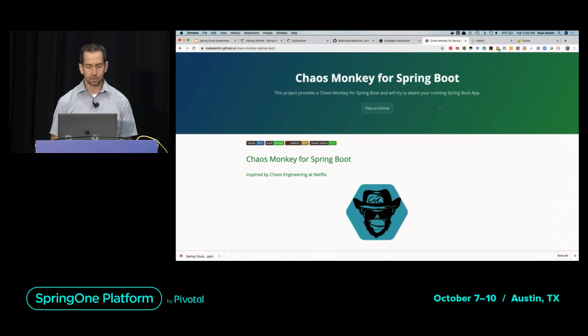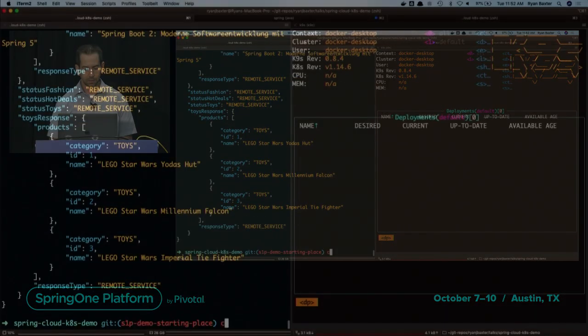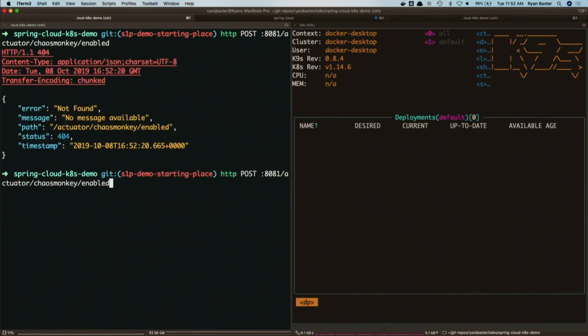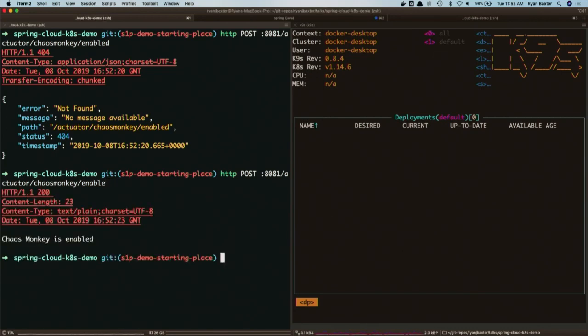So I'm going to enable Chaos Monkey here on the toys service. If I make a post request to this Actuator endpoint, you can see that we've enabled Chaos Monkey.